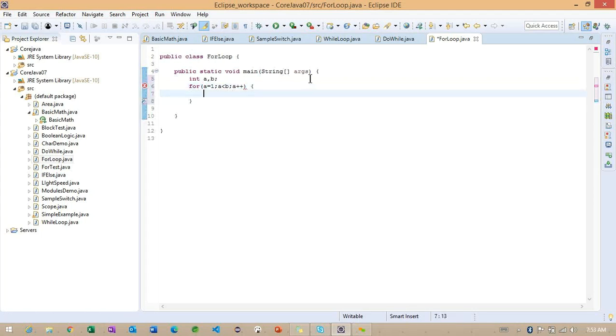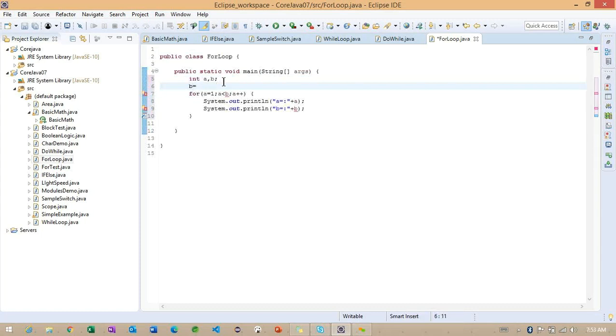Right. After that, simply we'll print the sysout a value and b value. Something called a, something called b. But make sure here b is equals to 4.